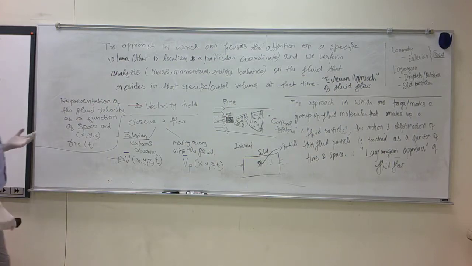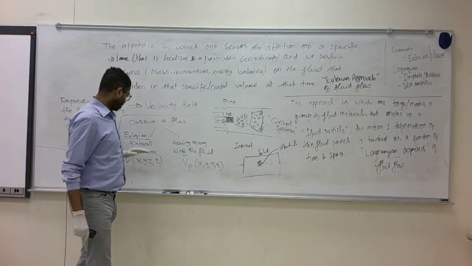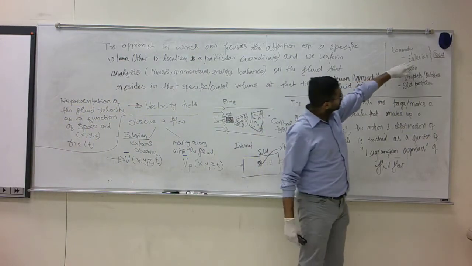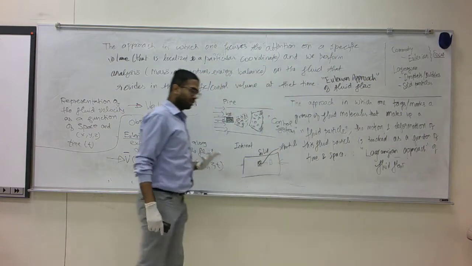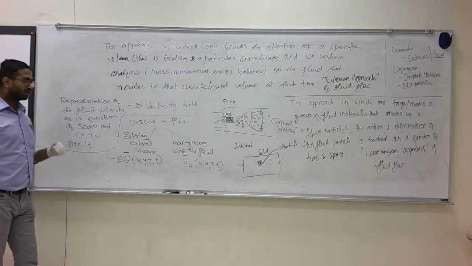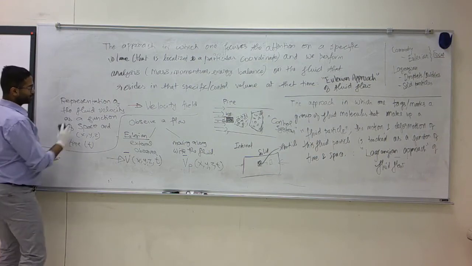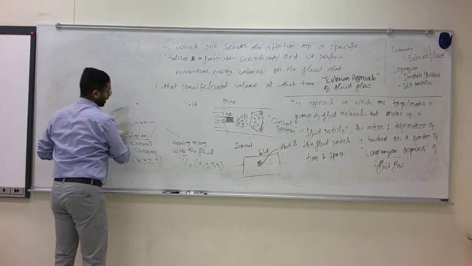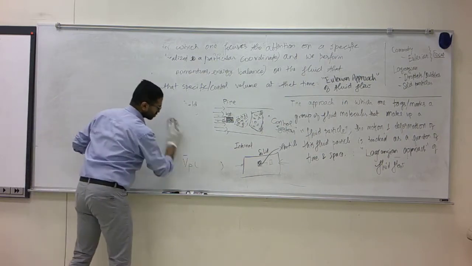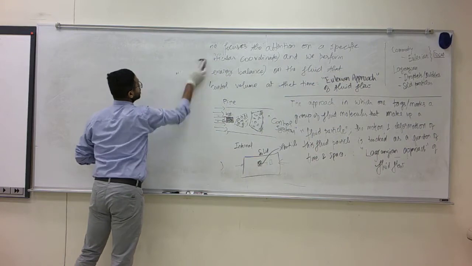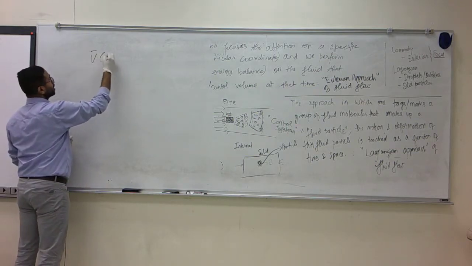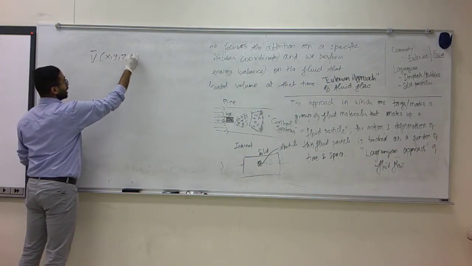On from the classification of the flow description as Eulerian and Lagrangian, and then seeing that we will use the Lagrangian description of fluid flow more in this course. It's a field description. And then we go on to the concept where we think of the velocity field, and I told you it depends on space. So we think of the velocity field and it depends on space. So I'm writing V as a function of space and time.